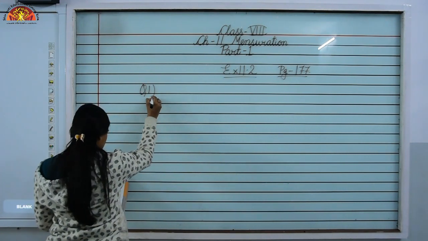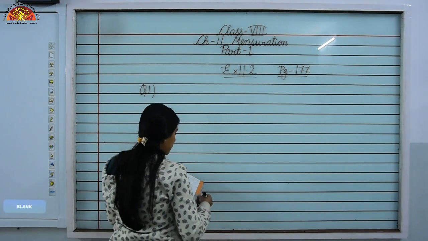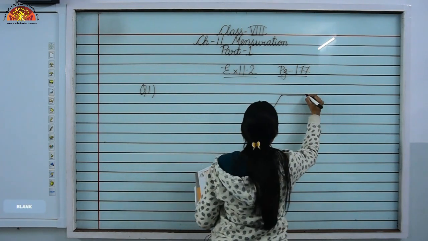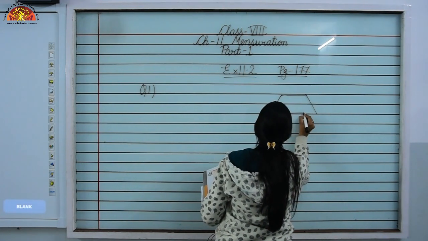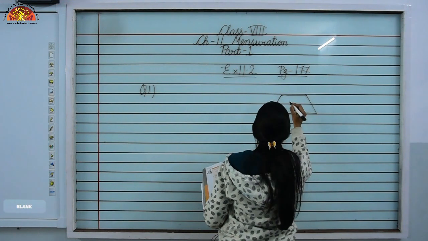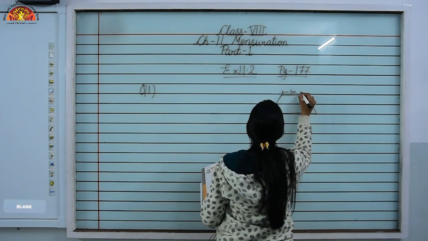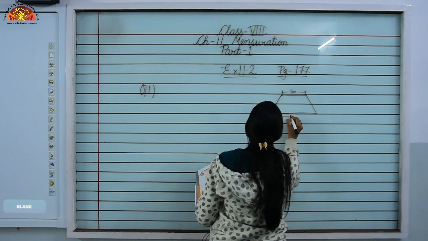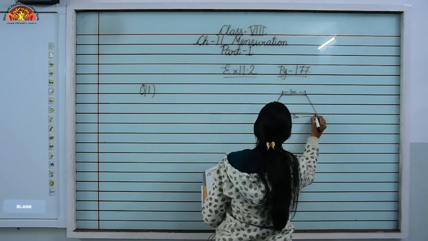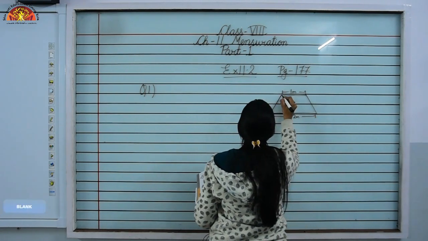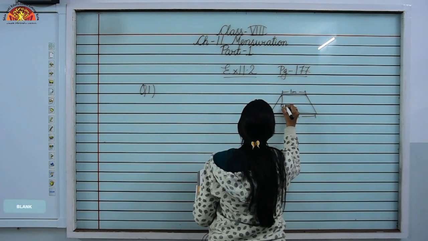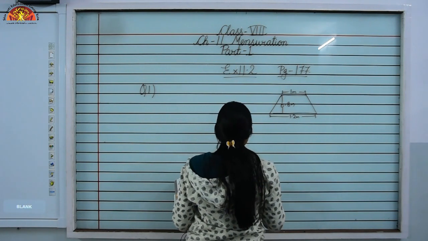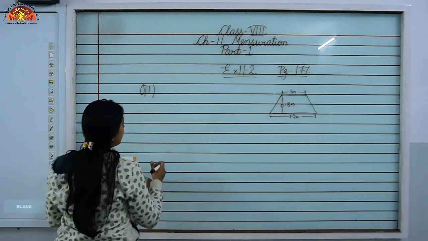It's question number 1. So you can just draw the trapezium over here. I'm just drawing the rough figure. So this is the top surface of a table. This is 1 meter. And this is 1.2 meter and the distance is 0.8 meter, distance between the two parallel sides. Is it clear? Now we can just find the area of a trapezium.